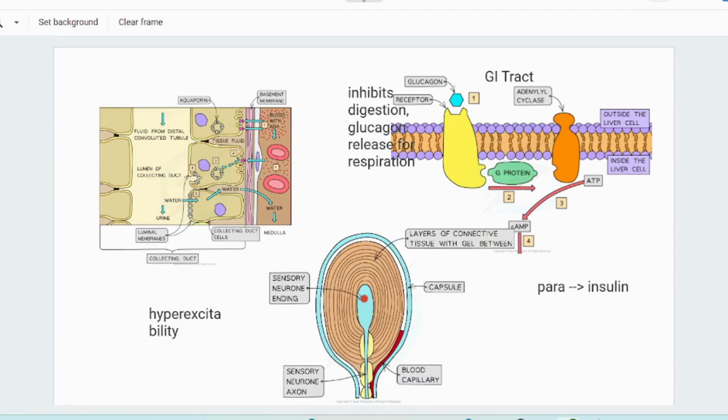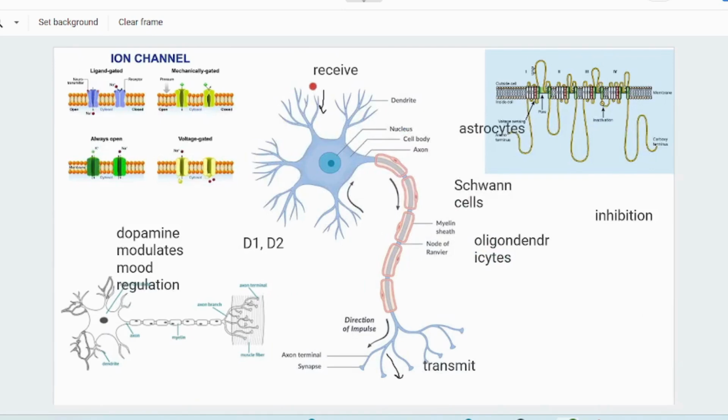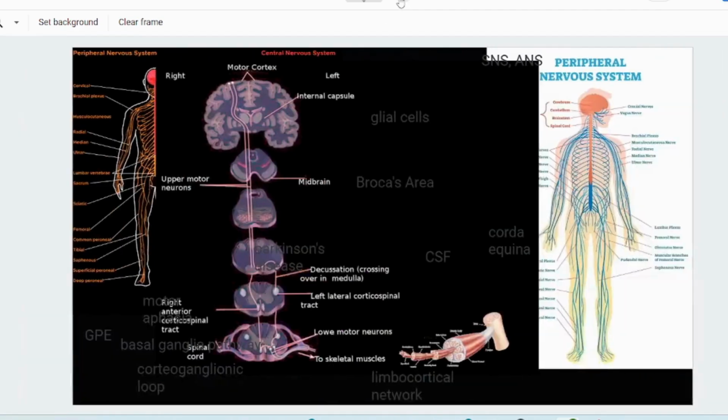Proprioceptors sense the position and movement of the body, such as muscle spindles or Golgi tendon organs. Sensory neurons are formed of primary, secondary, and tertiary neurons. Primary neurons are the first order neurons that receive sensory stimuli from the receptors and transmit them to the spinal cord or brainstem. Their cell bodies are located in the dorsal root ganglia for spinal nerves or cranial nerve ganglia